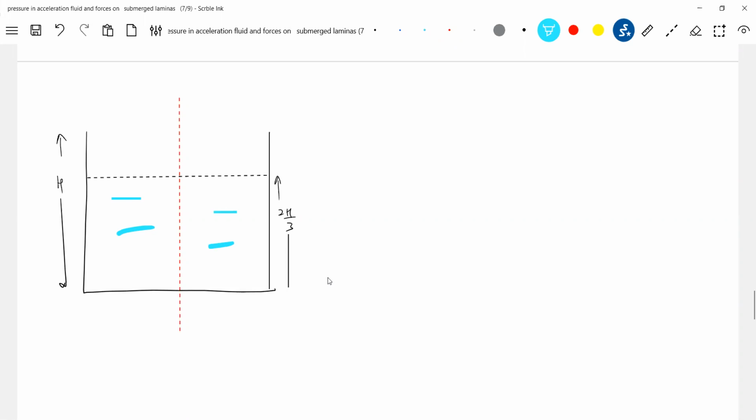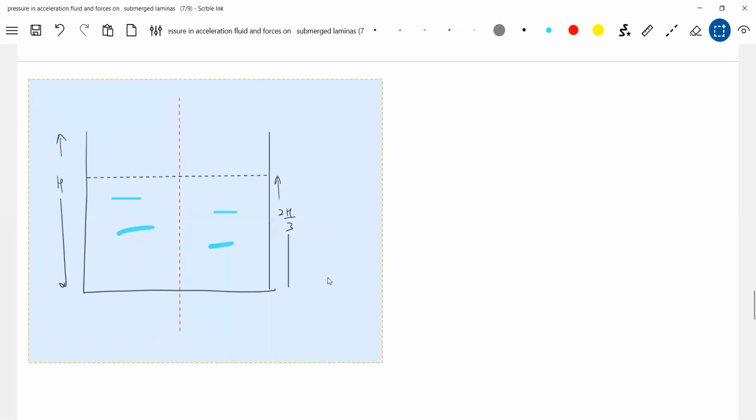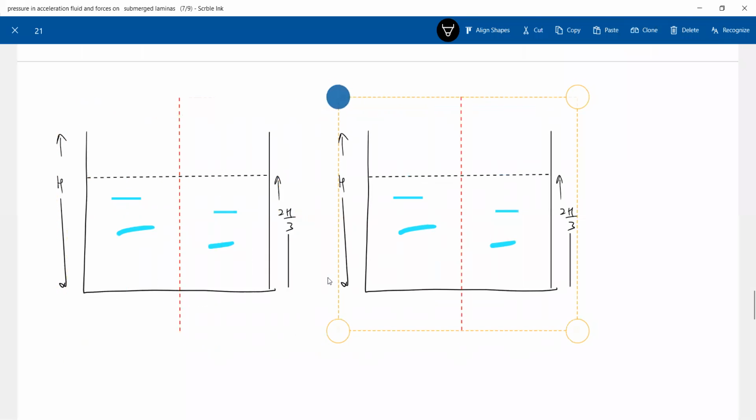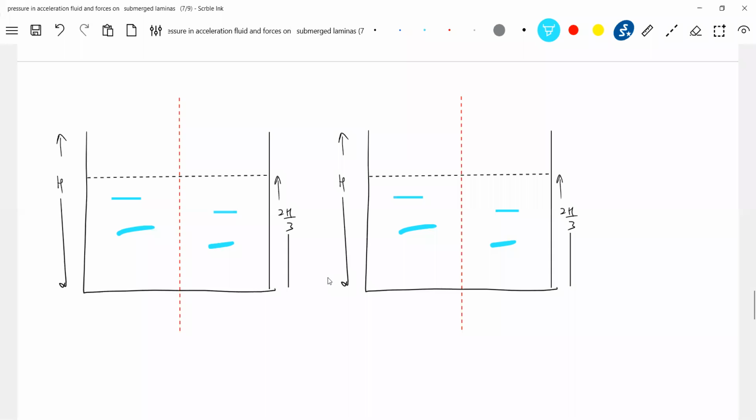I don't have time, so I'm just putting that one. Now it starts rotating. As I keep on, for any angular velocity, will it be parabolic, or only for a specific angular velocity will it be parabolic? I'm asking some very generalized things. Only for a specific angular velocity or for any angular velocity? For any angular velocity, the shape will be a parabola.